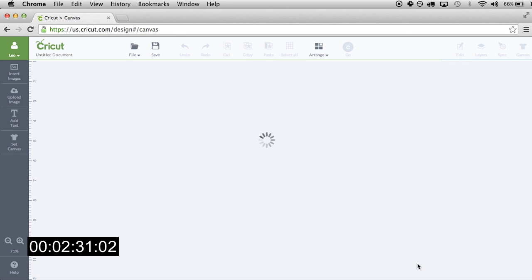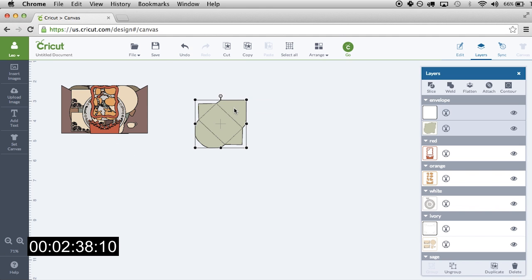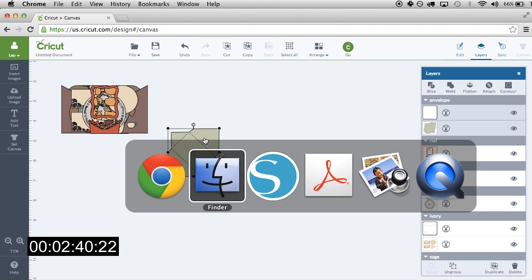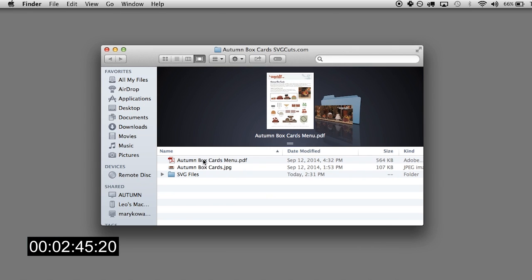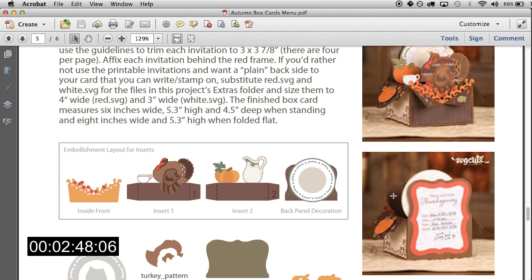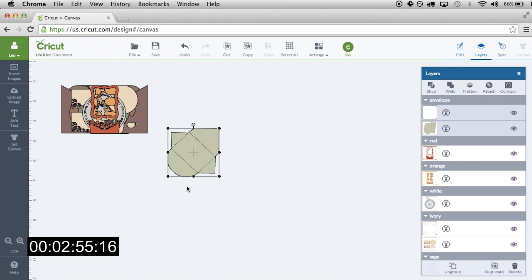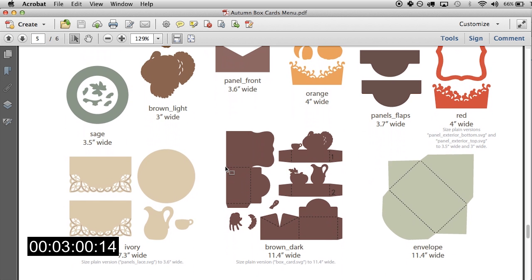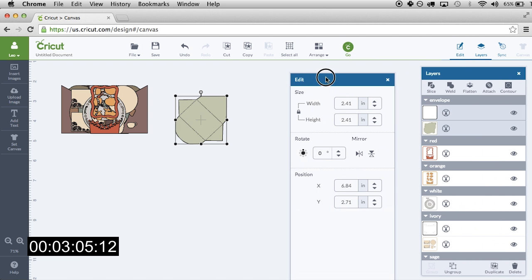Okay. And unfortunately, right now, and we've actually discussed this with Cricut, the Cricut system is the only one that basically doesn't open our files in the native size that we save them at. So I'm pulling up the PDF file right now so that we can go back and forth and size everything properly. So I'm going to take the envelope, and that needs to be set to 11.4 inches